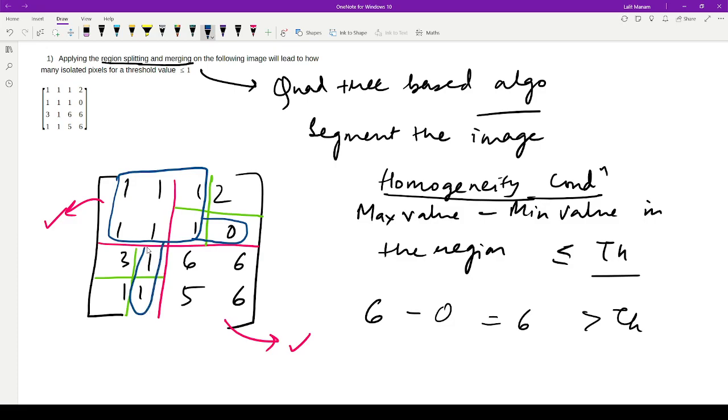Can I merge this? Yes. Okay. Yeah, because everyone is 1 or 0, so it's fine. What about this? This one also you can merge. Okay. So given this,